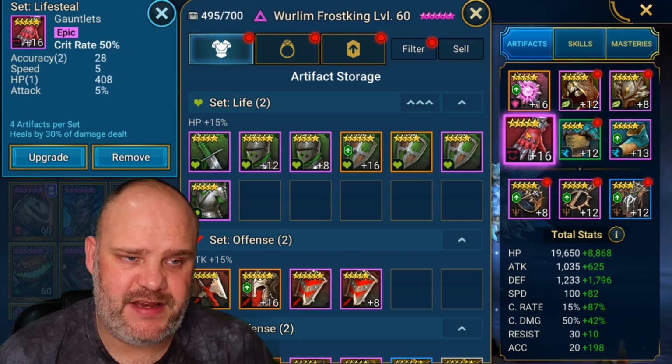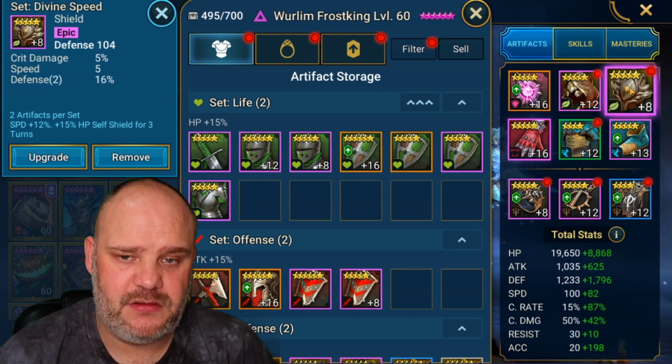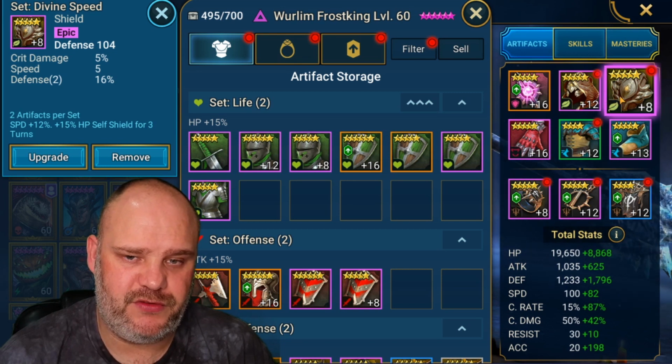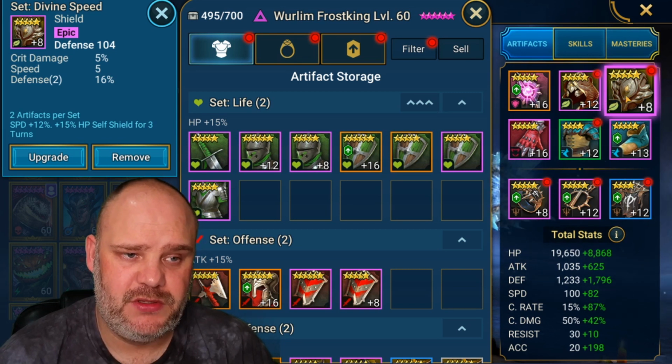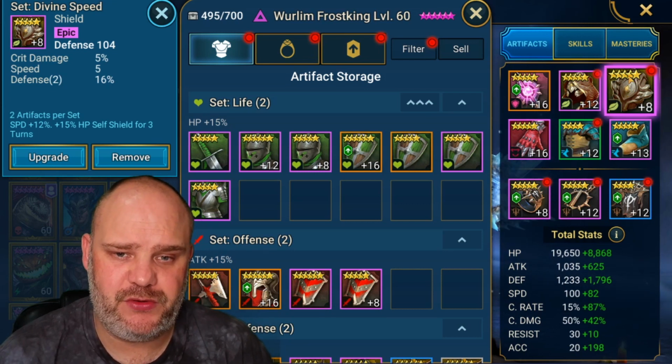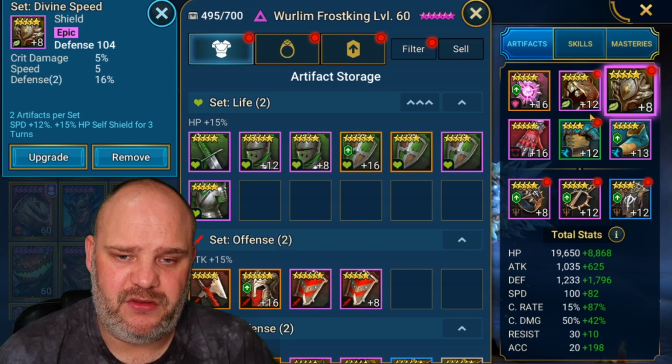Obviously, I've gone for a standard crit rate set gauntlets with some accuracy, with some speed. The rest of the stats aren't great. Again, we've gone for a divine speed set, which gives him a shield, obviously. Not even rolled up that much. I need to really roll his gear up and boost him up a bit higher, but this shows you what he can do at the sort of level he's at,